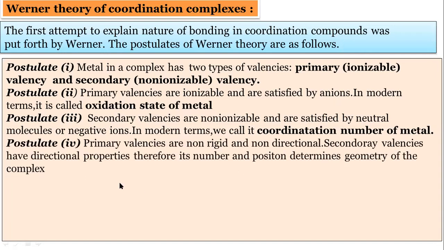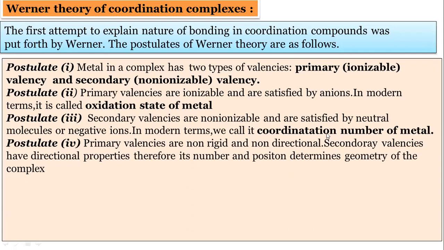Then the fourth postulate given by Werner: all the postulates are related to the primary valencies and secondary valencies. Primary valencies are non-rigid and non-directional, and the secondary valencies are rigid and also have directional properties. Therefore, its number means coordination number. Remember, the secondary valencies are related to the coordination number, and in the previous slide also we learned